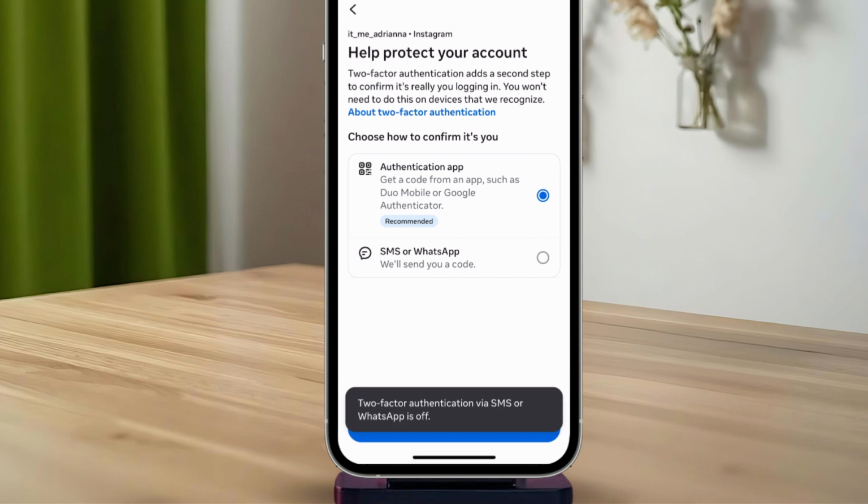layer of protection. Finally, check your account details, including your email address, phone number, and connected accounts, to make sure nothing has been changed without your permission. And that's it. That's how you can recover a hacked Instagram account in 2025 and secure it from unauthorized access